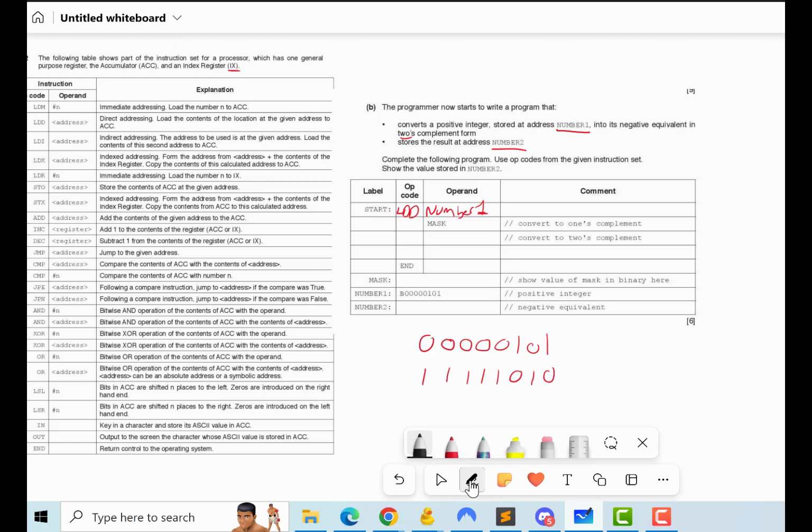But in order for this to basically work, we need to use a mask. And this mask will be a type of logic gate. It's going to be a bitwise operator, basically. So if we were to use an AND in this situation,